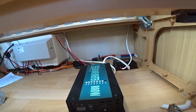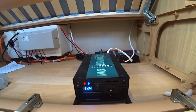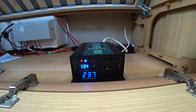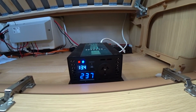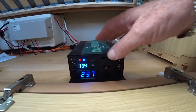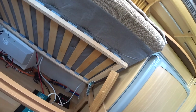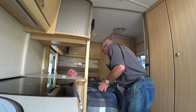The front of the inverter is quite plain. It's just got a standard 3-pin plug for New Zealand, of course. We switch it on and it will tell you that we have 13.4 volts in there, which is different to what the solar panel says, but it's also now 237 volts output. So that will drag the power down and you don't get anything for nothing. So you would certainly lose a little bit of battery power converting it to 240, but with having the solar panel it makes a very, very good job of recharging the battery. The television is, as I mentioned, a 24-inch,